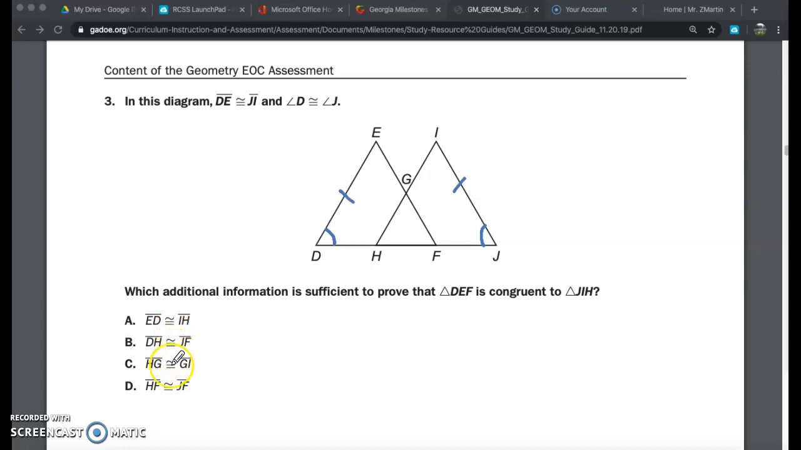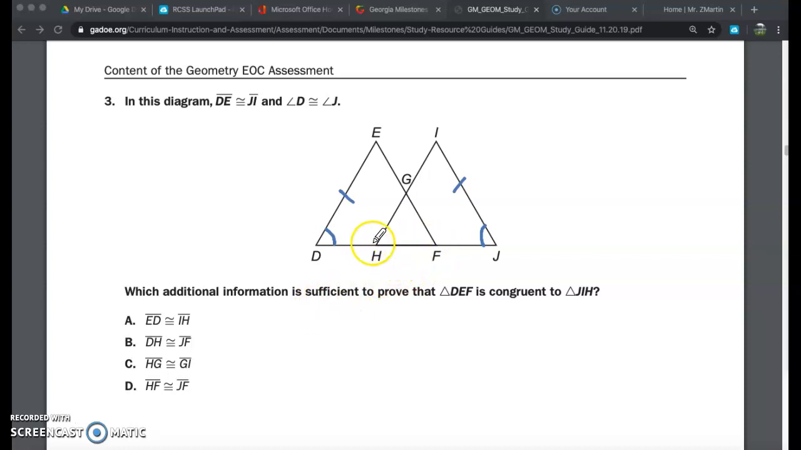Well, it looks like we have a lot of segments. So do any of those say DF congruent to JH? I don't see that down there. So let's see if we can find a different side. Well, it might be that they sneakily told us that DF is congruent to HJ, because if you notice, we do